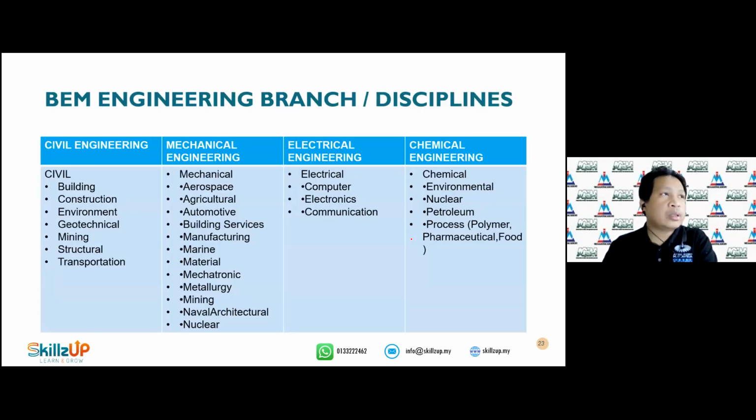Okay, so I think this is the engineering branch discipline within the Malaysia Board of Engineers. We have four core branches. One is civil, second is mechanical, third is electrical, and fourth is chemical. If you are in between, for example, what we are talking about today is electrical, which is a core branch, but everything within, for example, computer engineering and electronic engineering, also falls under a sub-domain or sub-branch within electrical. So we do interview